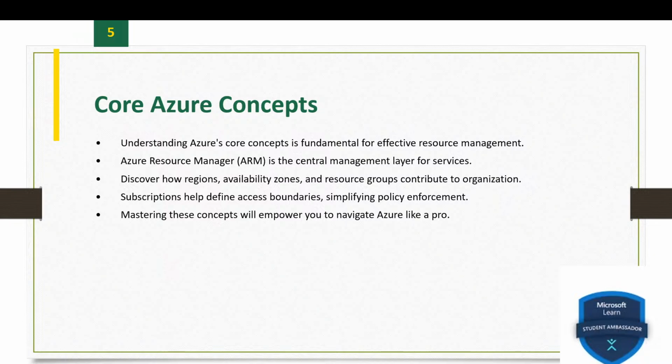High availability. Deploying resources across multiple availability zones ensures that your applications can remain operational even if one zone experiences an outage. So fifth one is Azure services, compute services. Azure virtual machines. Virtual machines are scalable on-demand computing resources that can run Windows or Linux operating systems. They provide the flexibility to install and manage any software required for your application.